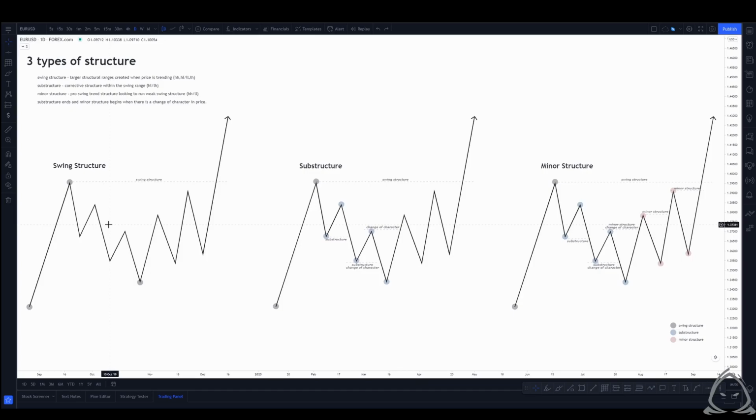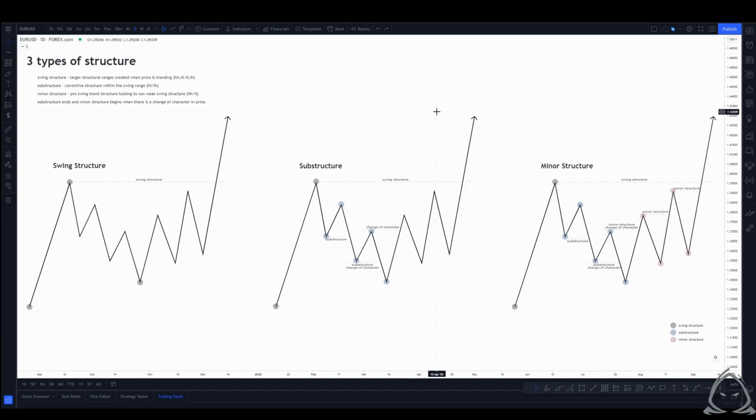And one final thing to note, just to be able to clearly delineate the difference between substructure and minor structure, is substructure ends and minor structure begins when there is a change of character in price. So again, with a bullish example, substructure is creating lower lows and lower highs. A change of character happens, creating a new higher high, so it violates the previous lower high that was being printed, and then we start to see a shift, creating higher highs and higher lows. So once we see that initial change of character, that's when we're starting to create minor structure,